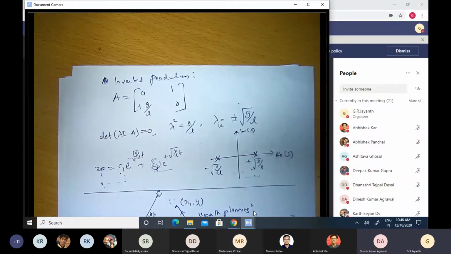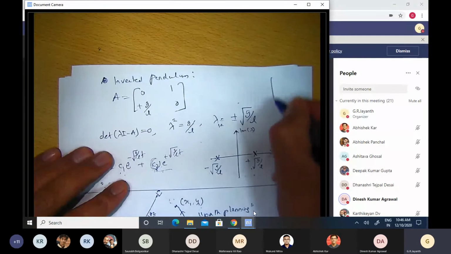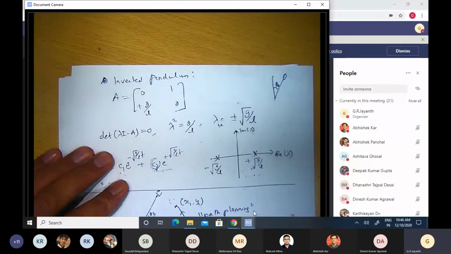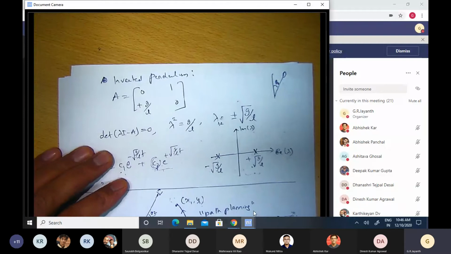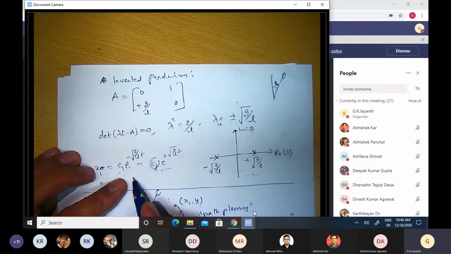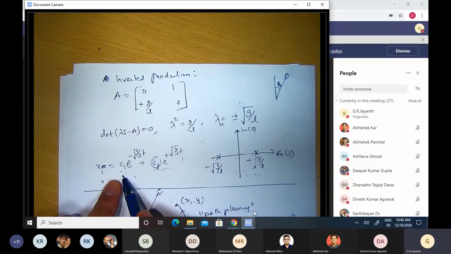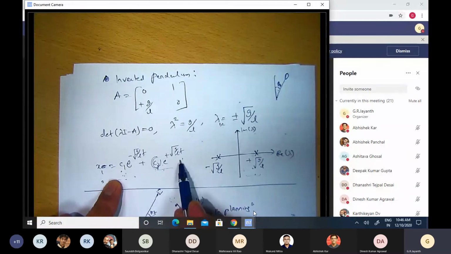So Dinesh, yes. Then c1 has to be 0, na, sir? Not necessarily. It depends on the kind of initial condition that you pick. We simply derived it for this particular case. Let us say we have offset this by a certain position theta naught. In this particular case, what you will notice is that you will probably have only this term. c1 will be 0, and you have only this term.